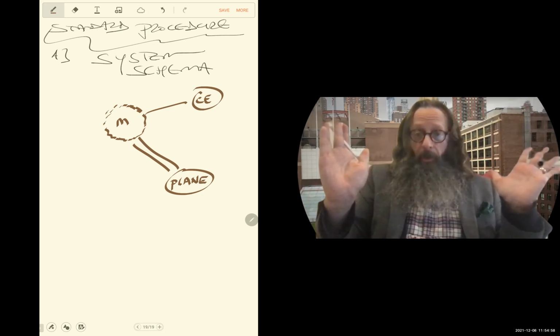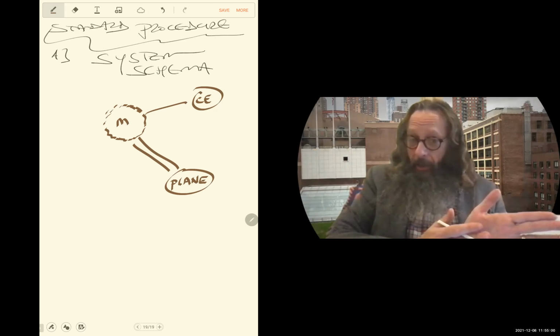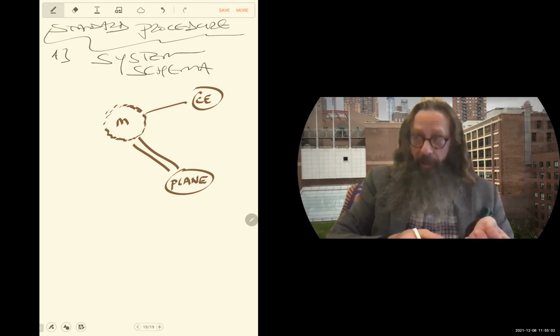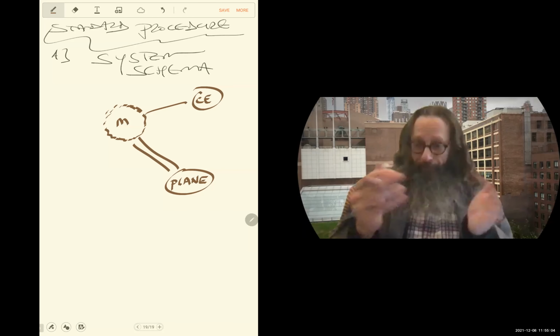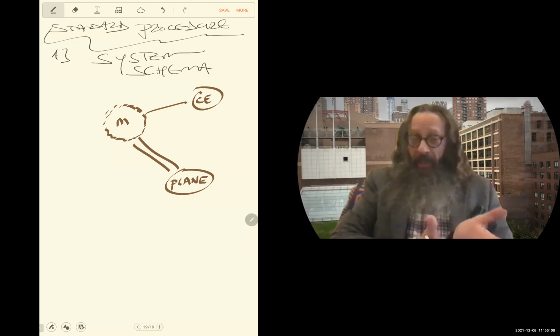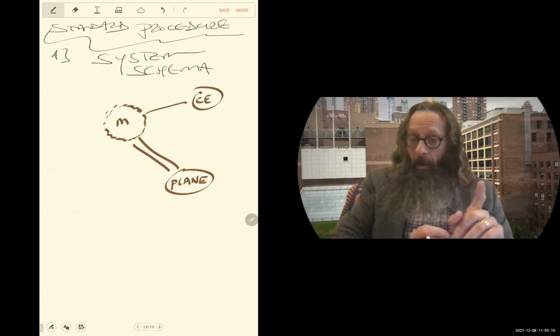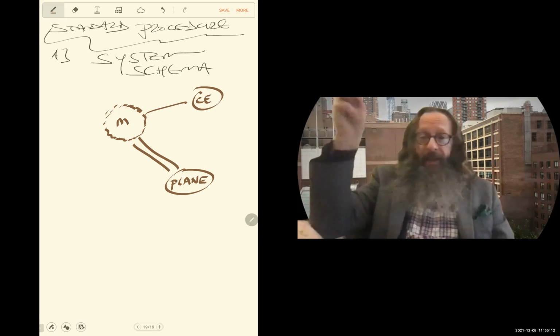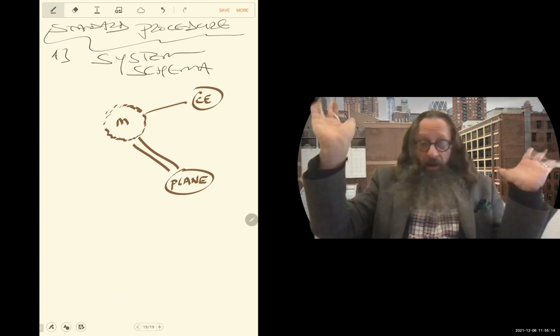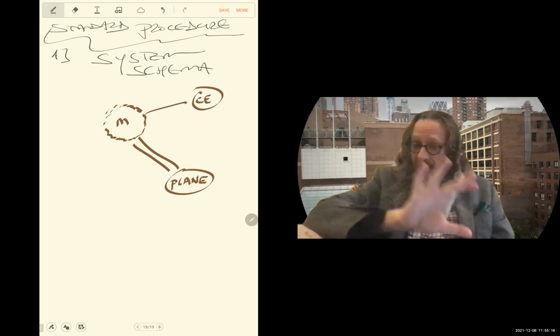Here is my system schema. Notice, just like the other one, only there's no string here, because there's no string touching it this time. And there's no hand or anything like that, because even if there might have once been a hand that flicked the thing up, it's no longer in the situation. I'm just watching as the thing slides down.